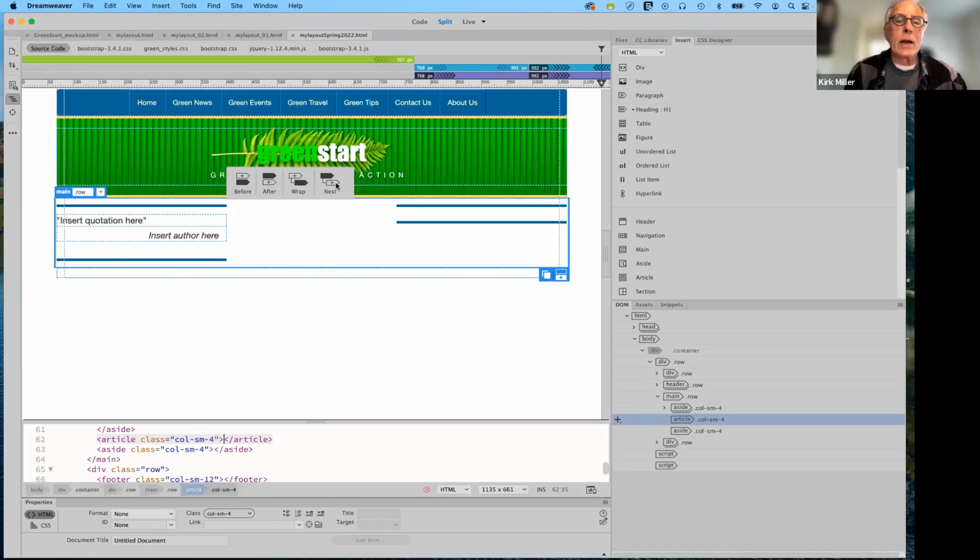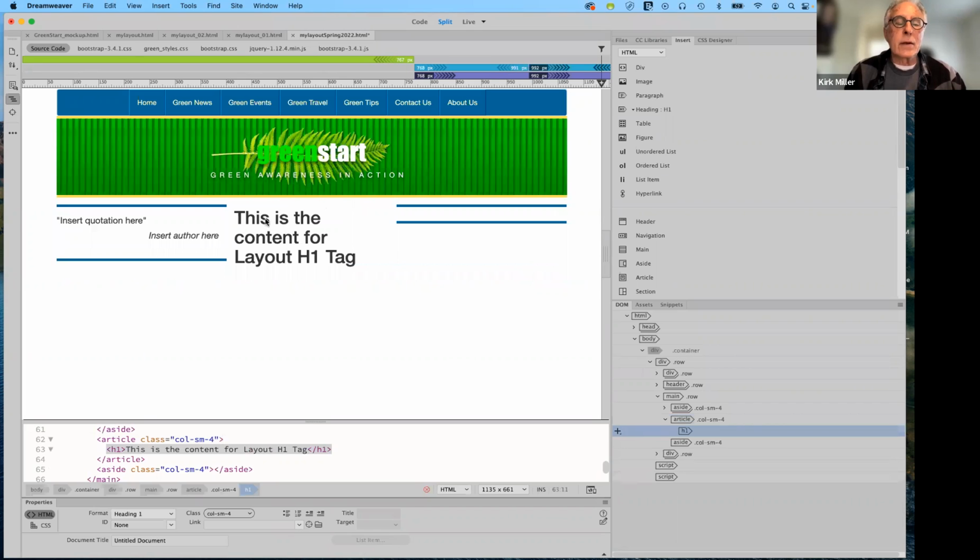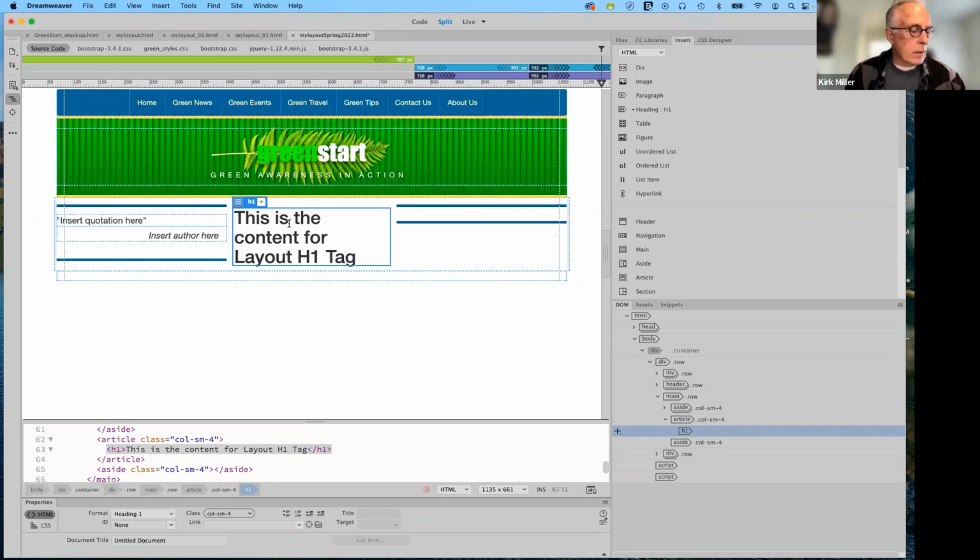Okay, so again, nested inside that invisible div there. And you can see that it puts it inside there. It's really kind of narrow, but we are going to configure the asides and the main article. So in fact, it is wider since that's the main content here. Okay, so instead of this content is for layout H1, we're going to put in here